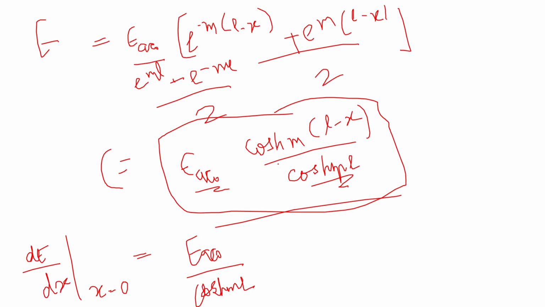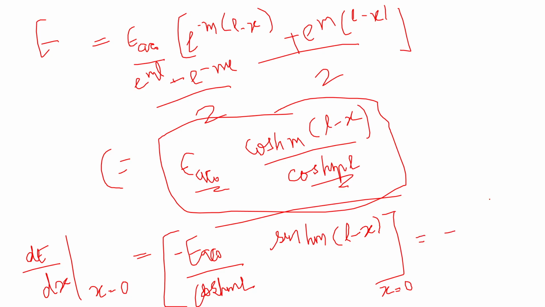Okay. I'm differentiating cos hm into L minus x. What will it be? It will be sine hm into L minus x, and you are differentiating the x again, so you'll have minus 1. Now this at x equal to 0, right? When x equal to 0, it will become sine HML, right? You have something like cos HML also below that. So you can simplify it as,